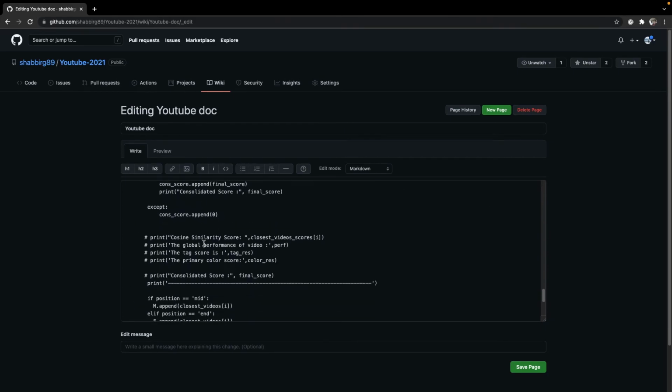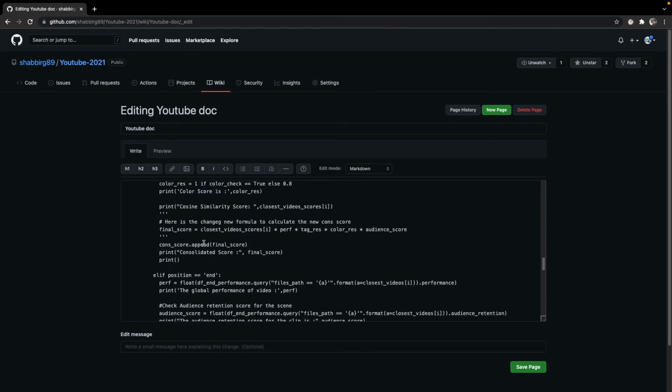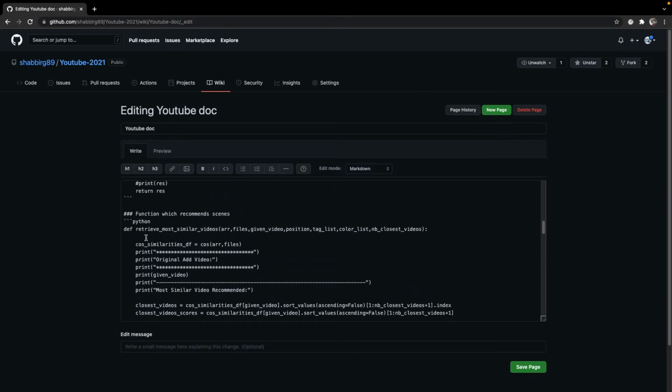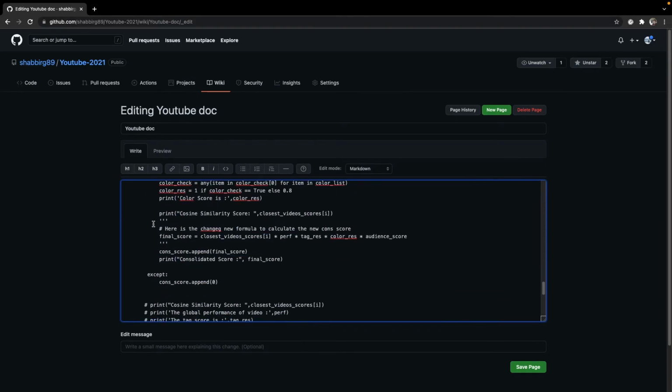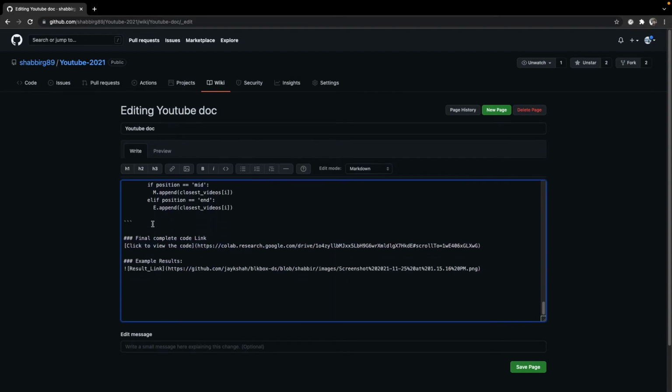To store the code here, you could have just put it in tilde symbols. Here we have the Python code, so we have three tilde symbols, then we have written Python here, and it will automatically identify that this is Python code.